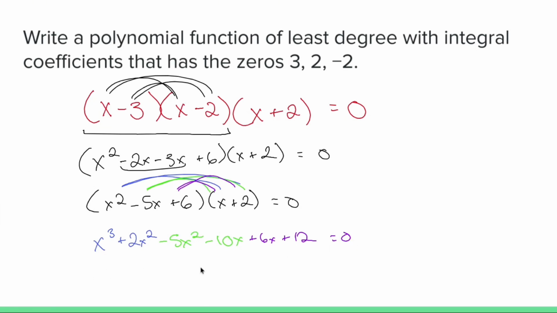And then we won't make it 0 anymore. We'll call it f of x now. Combine like terms. X cubed is all alone. 2x squared minus 5x squared is minus 3x squared. Negative 10x plus 6x is, nope, minus 4x. That was a close one. Minus 4x,